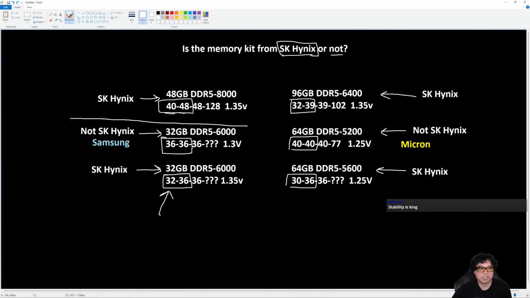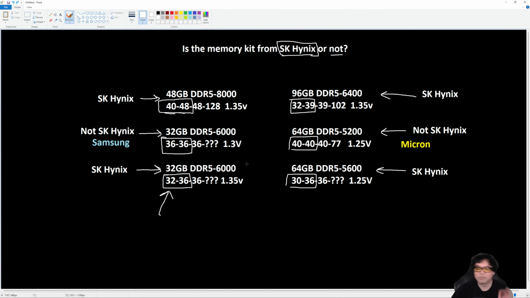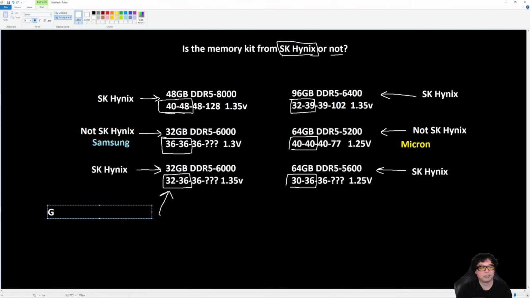And it's interesting when you look at these two memory kits, because to the untrained eye, they literally look identical in the store. They have the exact same packaging. They're both called G.Skill Flare X5, 5 meaning DDR5, because if it's Flare X, it's DDR4. But one of them is Hynix, and it's way better and reliable, and the other one is the garbage Samsung memory